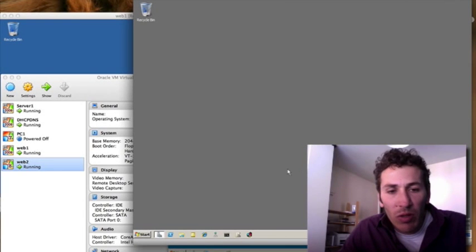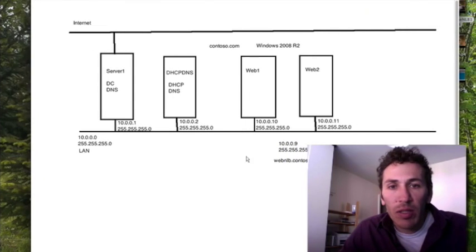Hello, I want to show you how to configure network load balancing, test it, and remove it. I want to show you these configurations from scratch. So what I have here,